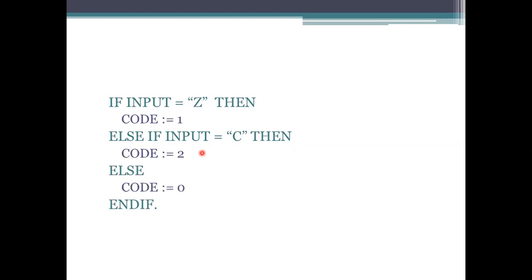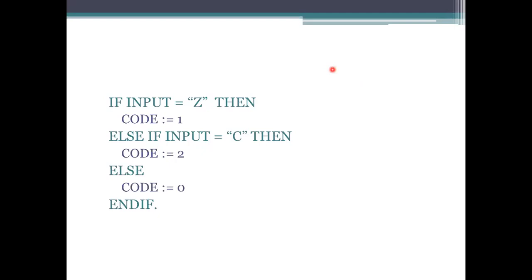So what is the code here? If the value we are specifying is Z, it is taken as 1 here. If not, it is another value, that is C. So if it is C, what do we need to do? We need to check and provide its value as 2. Other than Z and C, if we have any other value, the remaining values have to be initialized with 0 here. By that we are assigning the code for that processing.